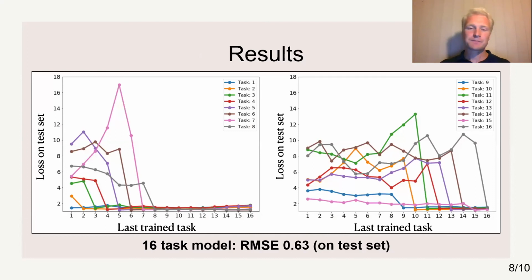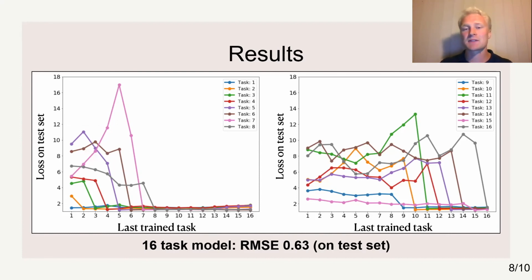Let's take a look at the results. What you see here is the training process, the continual learning process for the 16-task model. We plot the loss on each action as the root mean squared error between the predicted appropriateness label and the actual average appropriateness label given by the annotators. And what we see is that when an action is trained on, a task, as we call it, the loss drops for that action and it stays low throughout the continual learning process, meaning that